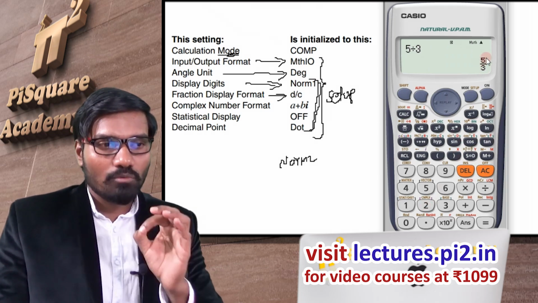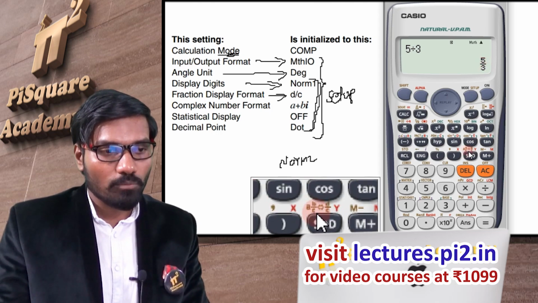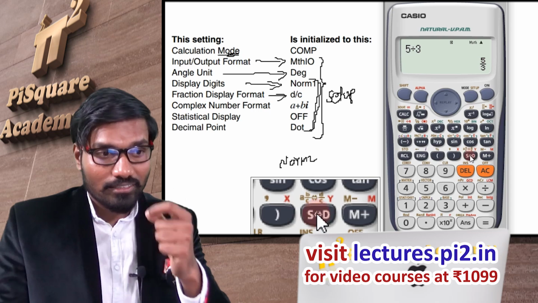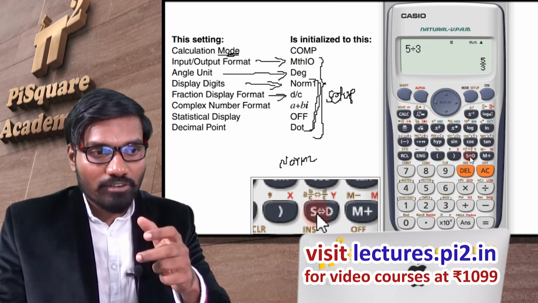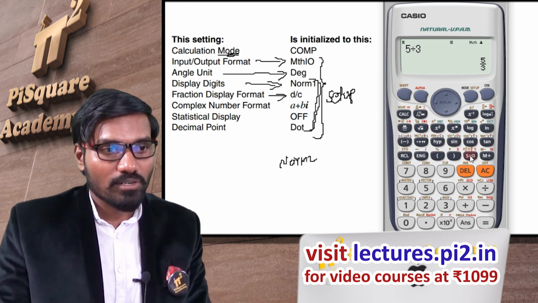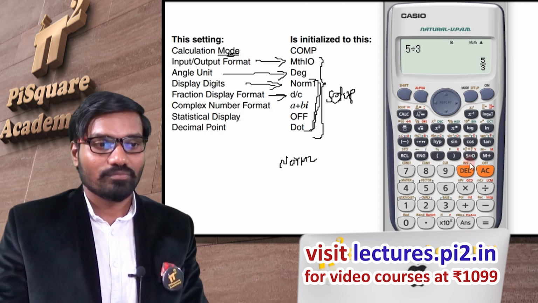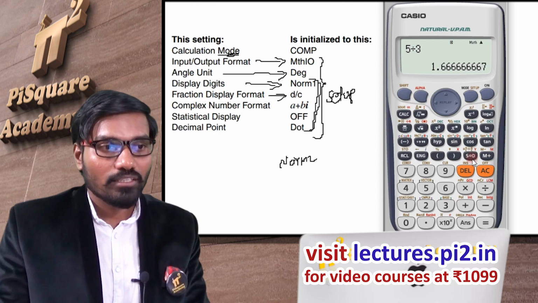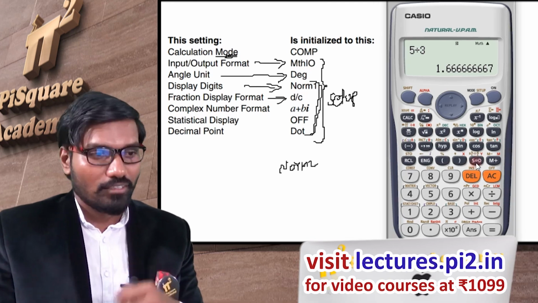Suppose temporarily I want to see the mixed fraction for this. Now I can use this function. Just on top of this you have the shift one, the brown one. For this button there is a corresponding brown option. To activate that and convert between mixed fraction and regular fraction, we go for shift and this button, that's the mixed fraction for temporary. Again I can change it back. If you want decimal form, directly hit this without going for shift. Now what next?